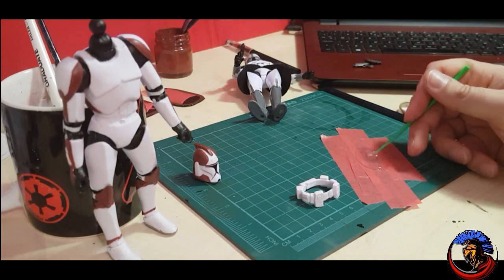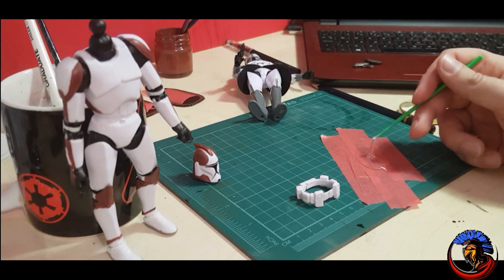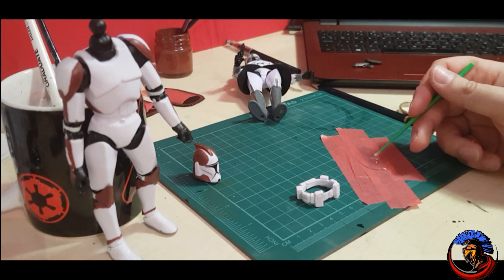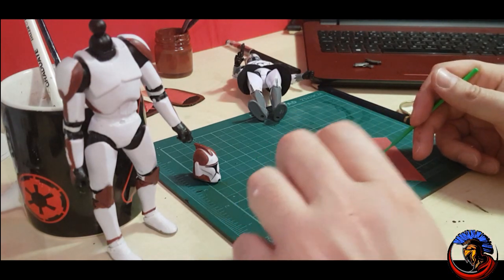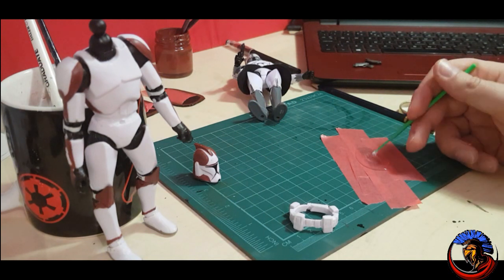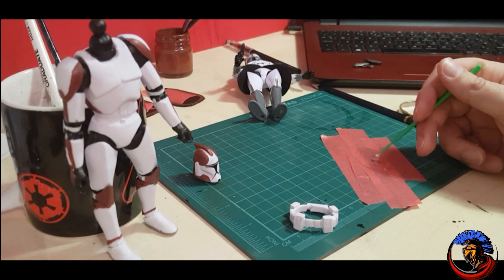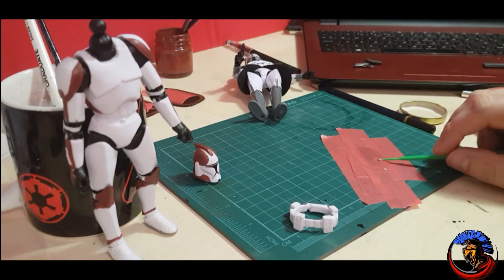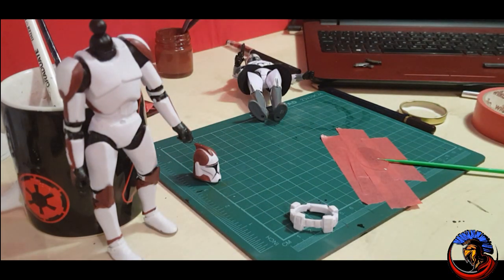Right. Okay. So at first you can just apply it straight away, and it will set. But if you wait for it to get a little bit cooler or setting, I find that it's easier to stick, because you can just stick it, leave it, and it's stuck in place. But as I want to do a few things, I'm going to start with